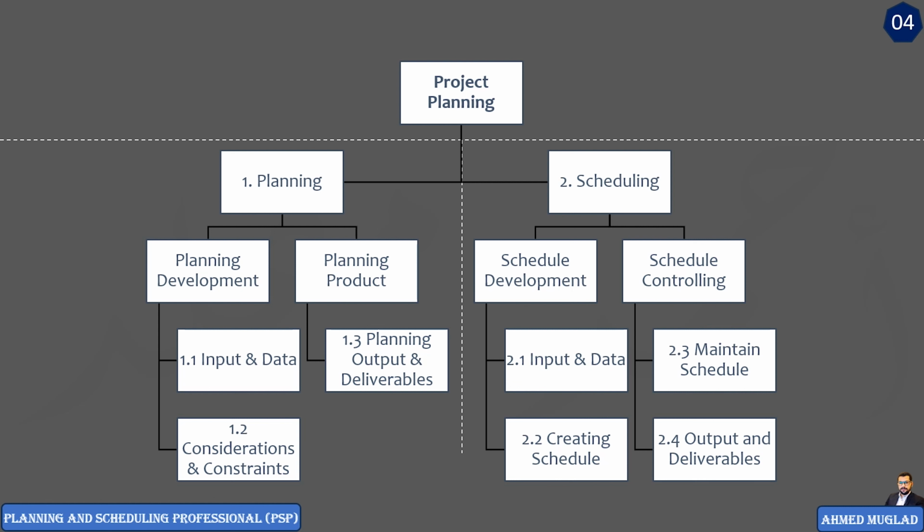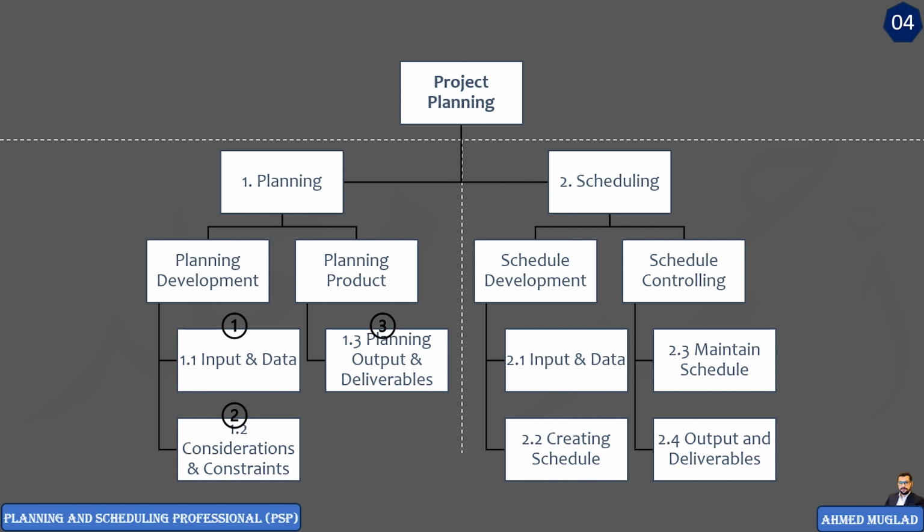Simply, in the planning section, we use inputs and data and then apply constraints and considerations to these inputs in order to obtain the planning outputs. Here, inputs like contract requirements and project stakeholders as well. So, using contract requirements, project stakeholders, and the other inputs, taking into account the project constraints and considerations like resource considerations, value engineering, and stakeholders considerations as well to get the planning outputs.